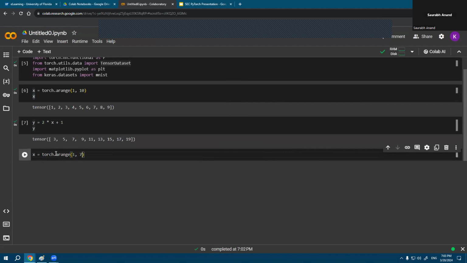From 1 to 6, because the 7 isn't included. And then if we reshape it into 2 by 3,